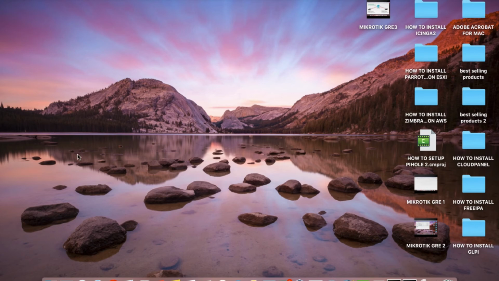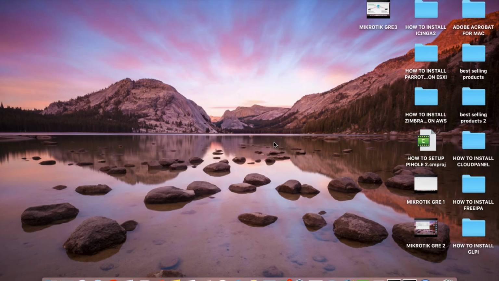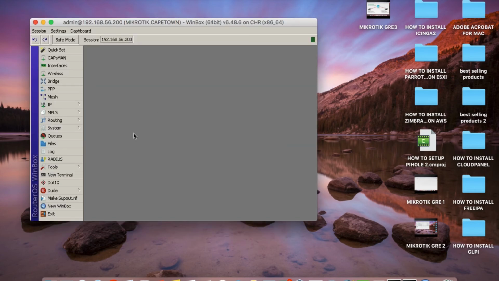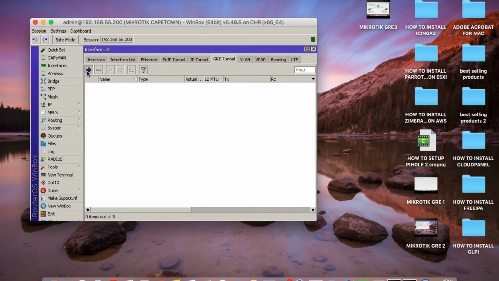Okay, so Winbox is actually opened up, and then we're going to select the CAPETOWN router and then click on connect. Okay, so we've connected to the CAPETOWN side, and then click on interfaces, and then click on the GRE tunnel tab, and then click on the plus button at the top. We're also going to name this interface intercity